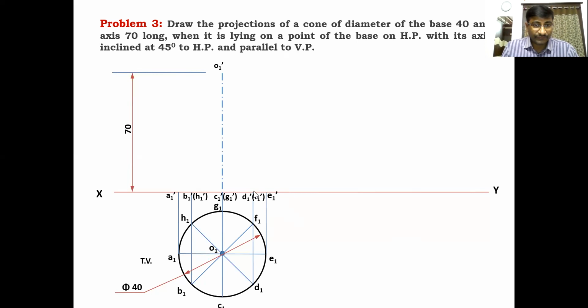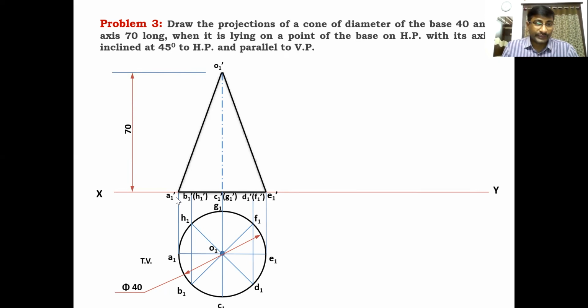This point is D1 dash of F1 dash. Here dash is for the front views. One is for the first stage. Okay, the corresponding points are D of F, C of G, B of H, and A and E. Like this, we have to locate the base points first, the corresponding base points. After getting the base points, join all the points with a dark line. So this is the baseline, the base of the cone. When the base is on HP, the position of the baseline is like this on XY.